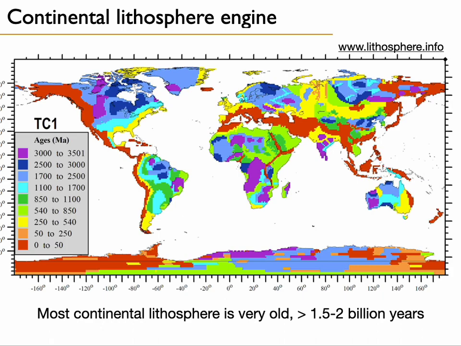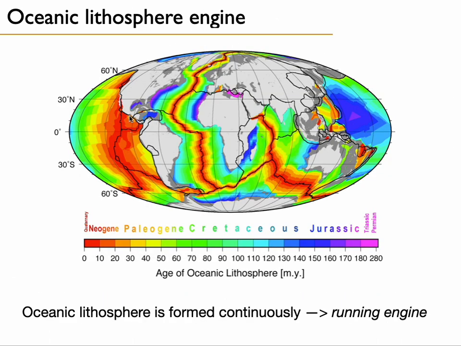This map here shows you the age of the continental lithosphere. So that's a huge compilation of data. And you see the ages here ranging from 0 to 3.5 billion years. The patterns here are very complex, and the ages are spanning across a very wide range. So this picture of ages, I think you can see a very clear difference with the trend of ages of